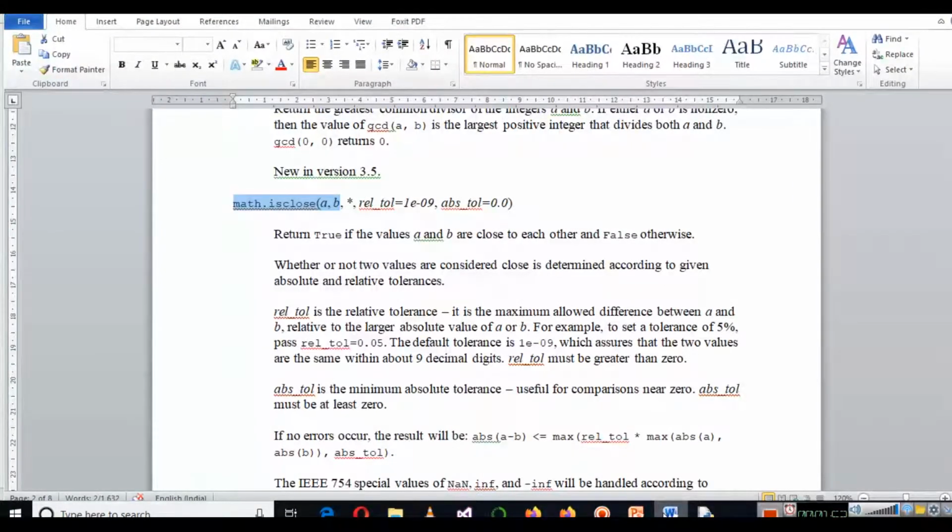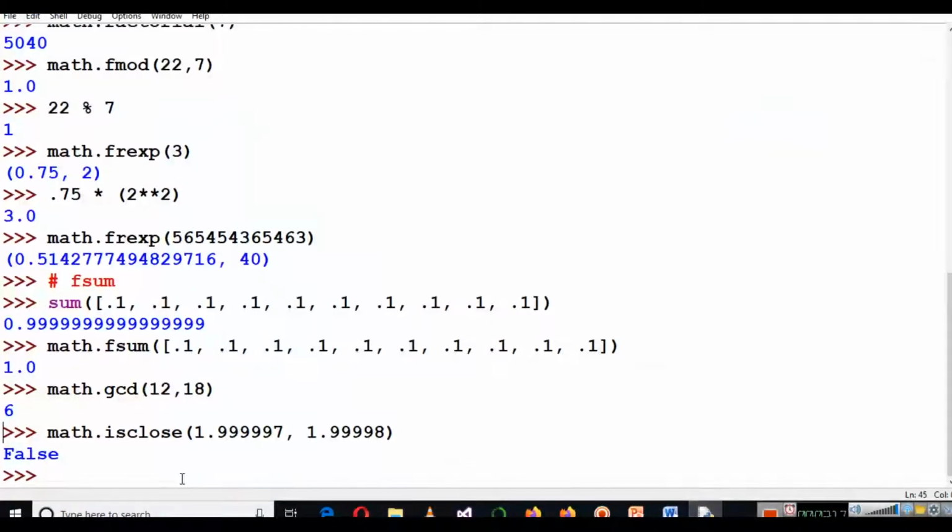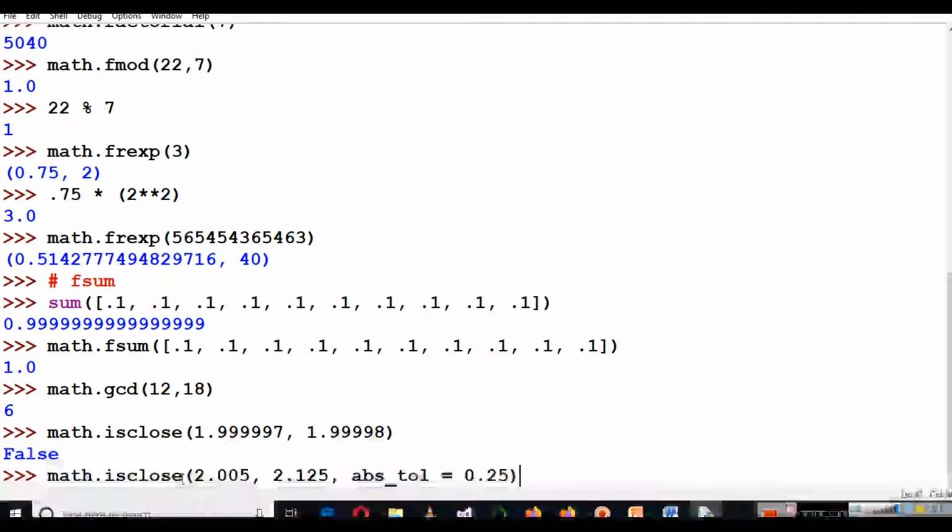But there are some other parameters also. rel_tol is the relative tolerance, the maximum allowed difference between a and b. The other one is abs_tol, the minimum absolute tolerance. Let us consider one example with this parameter here, and in this case I will write 2.005, first without the other parameter.